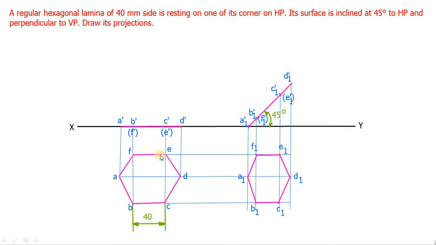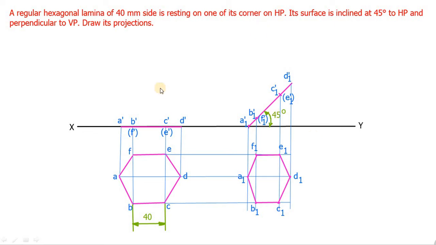These two diagrams can be drawn using 2H pencil. This hexagon and this front view, that is top view and front view in simple projection, can be drawn using 2H pencil. This final position, that is second position, front view and top view, can be drawn using HB pencil. See whether there is some difference between these two positions. This can be drawn using 2H pencil, this can be drawn using HB pencil. Clear? So that's all. This is the front view and this is the top view when the lamina is tilted 45 degree to HP and it is rested on HP on one of its corner.